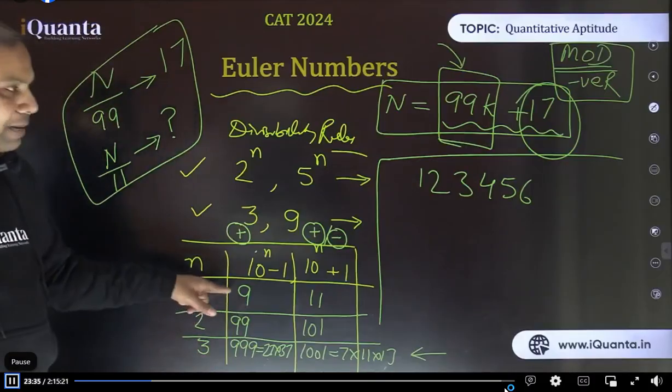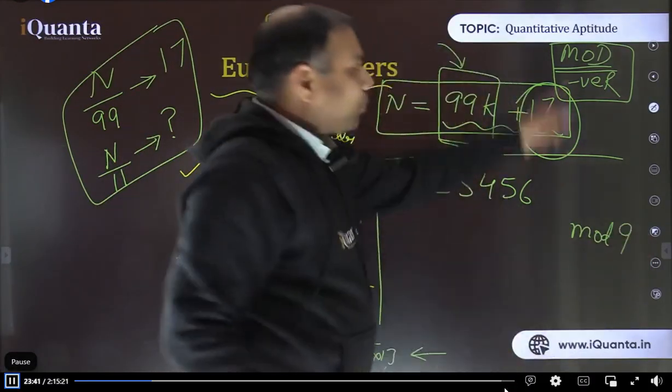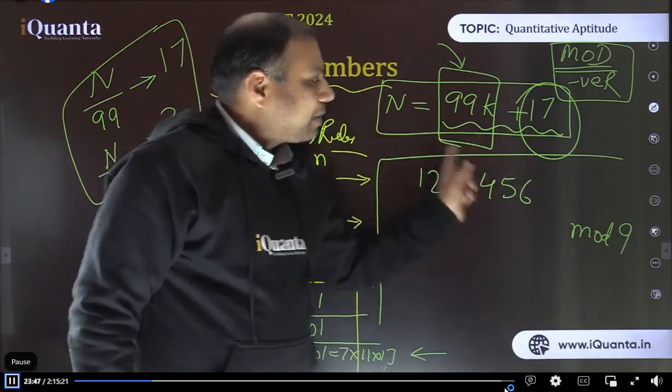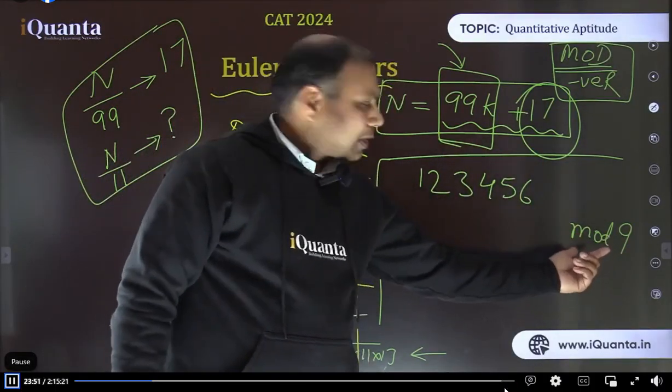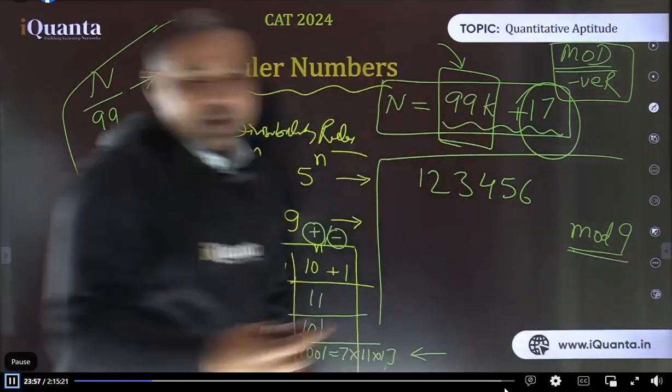If I want to find the remainder with 9, finding the remainder with 9 means mod 9. Many of you are asking about mode. So mode, as I said earlier also, is just a way of representation. That means if I divide this large number by 9, it will be termed as mod 9. So what will be the remainder? While writing mod 9, basically we are not concerned about the quotient.